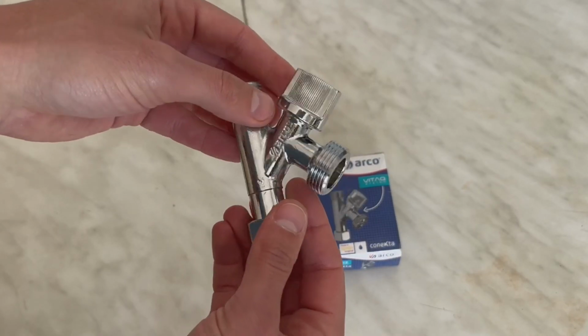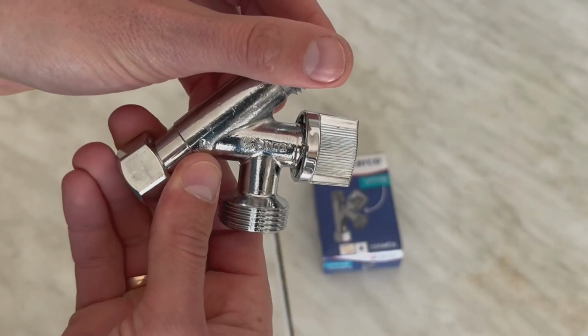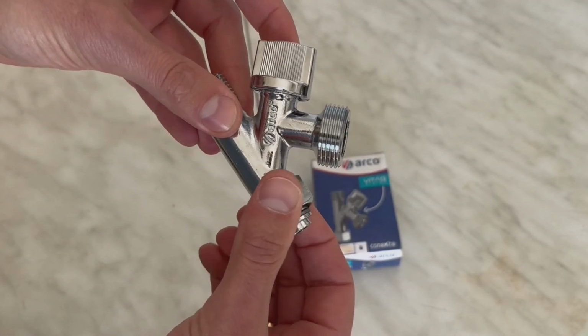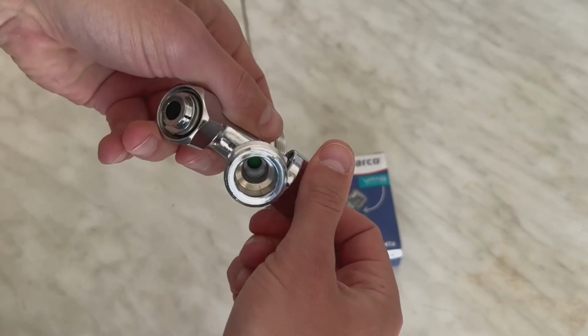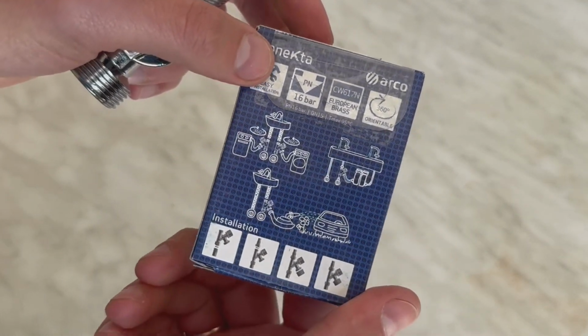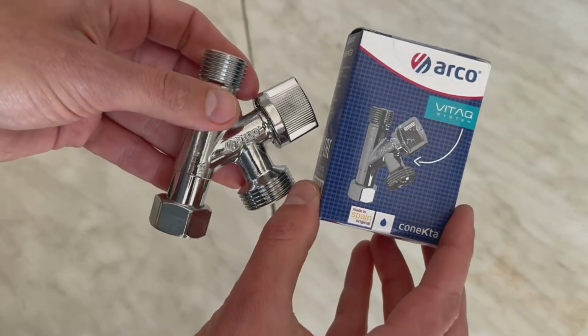Another option is the Arco connector valve. This valve has a union nut on one side. This allows you to adjust the position of the valve relative to the pipe axis by 360 degrees, which is very convenient. If you have a pipe outlet from the wall, but you need to connect two devices at once,